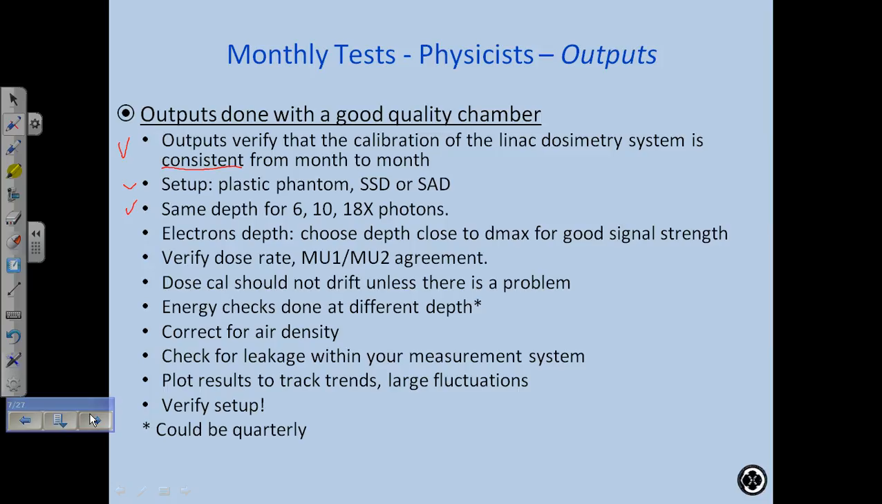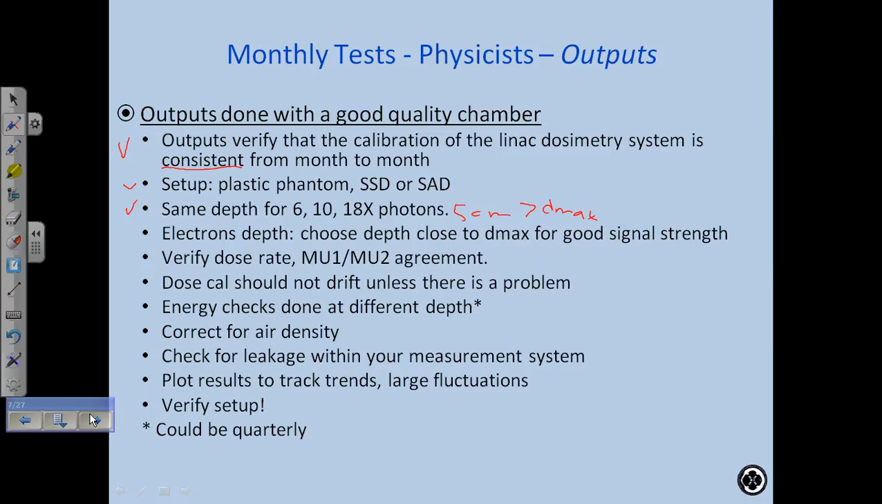You don't really need to. You're just checking consistency. That depth should probably be 5 cm, because it's greater than Dmax. I don't want to be within Dmax because if I am, then I have to change the depth for the different machines. So I use 5 cm, and then for electrons, choose a depth close to Dmax for